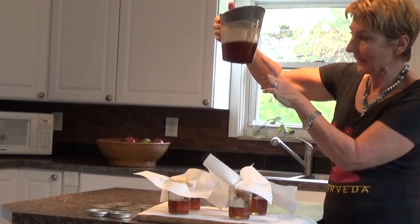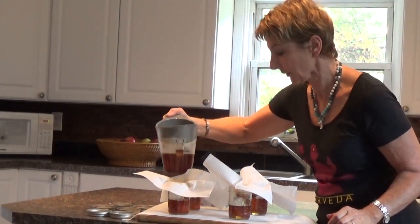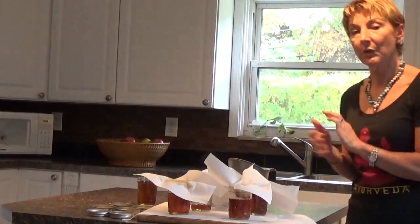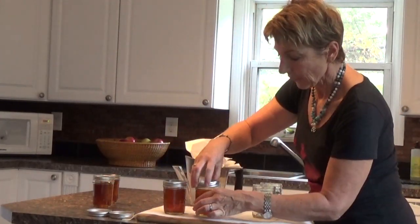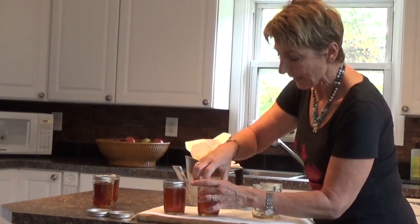And you can still see here there are still some milk solids in here, which is why we are filtering. And then I like to cap them straight away because I don't want anything getting into it. Any bacteria, I don't want anything flying around. Hopefully there's nothing flying around, but I don't want anything getting into it. So then I'm going to leave these overnight,